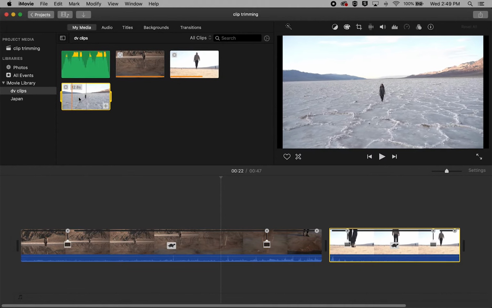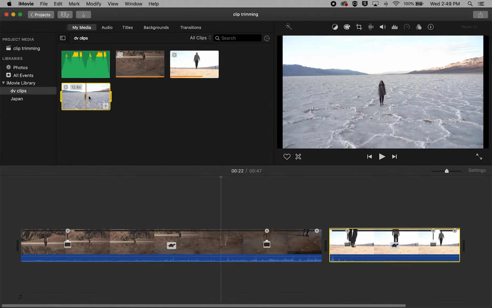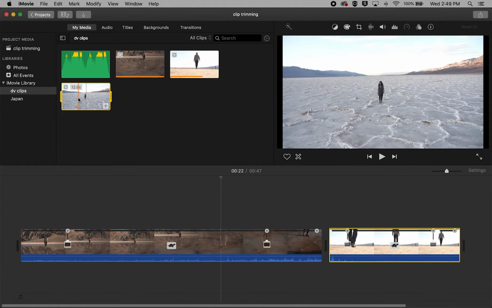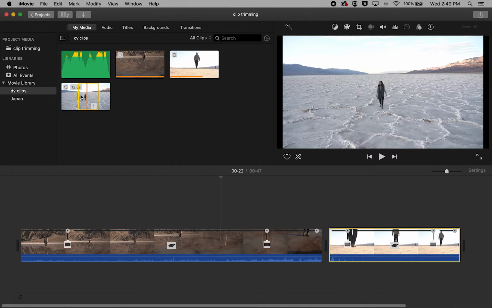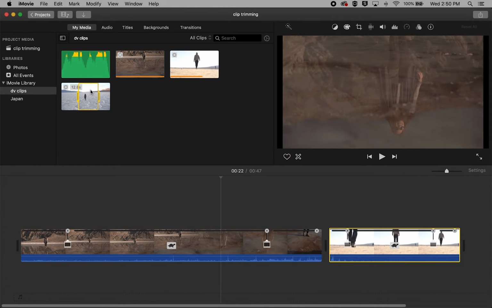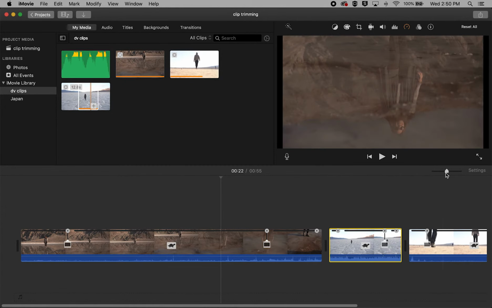Now, if we want to select something in the middle here, we don't want this whole entire clip down on the timeline, but just like a few seconds in the middle. We'll move the cursor to where we want to start. We hit the R key on the keyboard and drag, and we have like a 5-second clip here. So only the 5 seconds between these colored lines will be added to the timeline. And we can hit the plus, which would move it to the end of this clip,